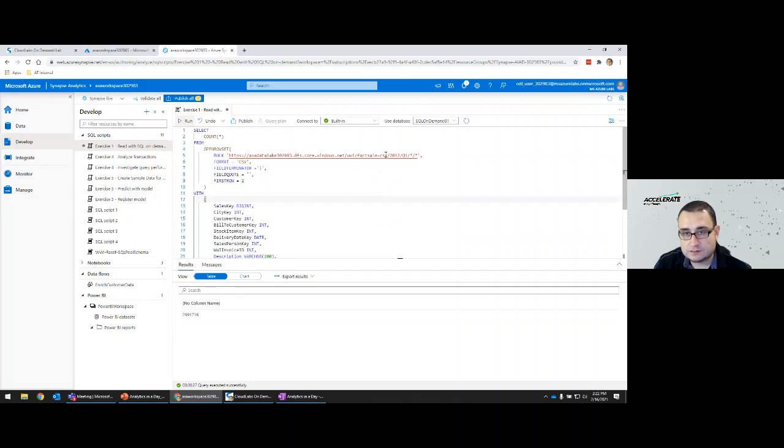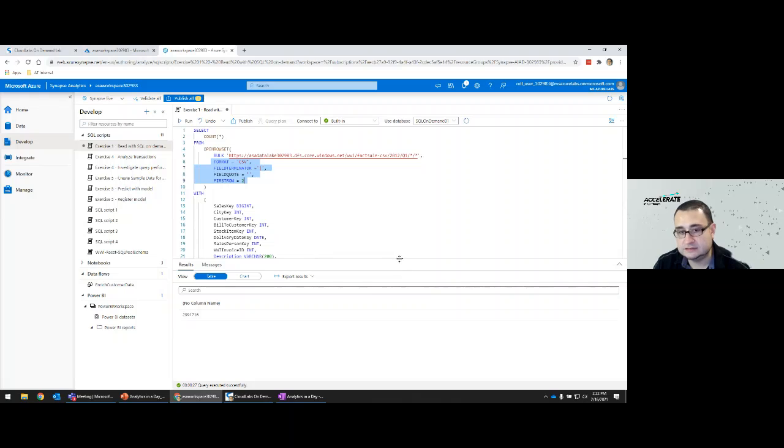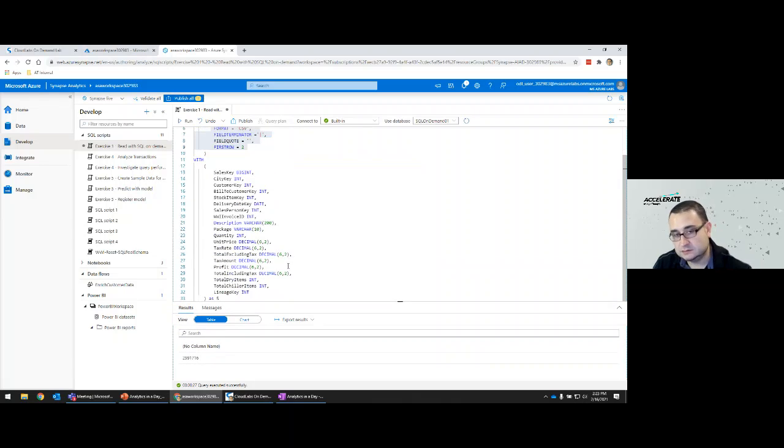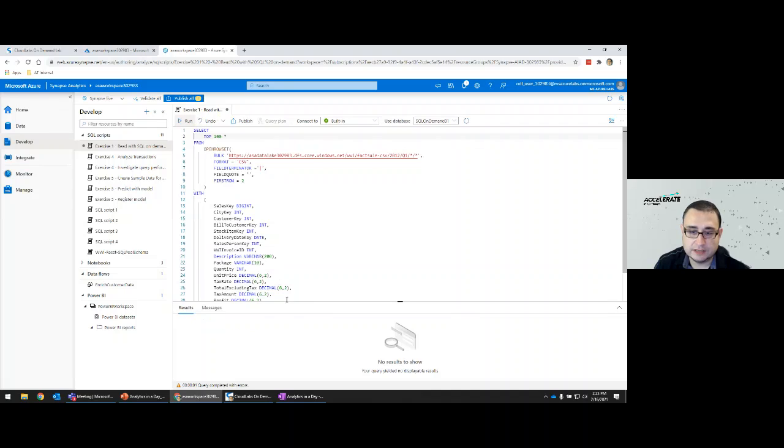From that query, using the CSV format of the files, we can see that we obtained the same number of records from the count that we did, 2,981,716 records. The difference is that when reading from CSV, you have to specify additional information, such as how to read the data, how the data is delimited, where the data row starts, and most importantly, the schema of the data. And here, if we do a select top 100 star, you will see that we get the